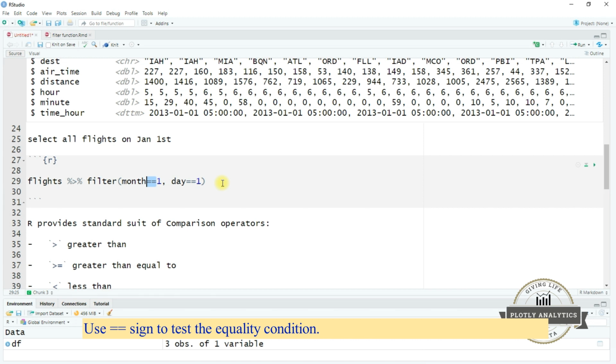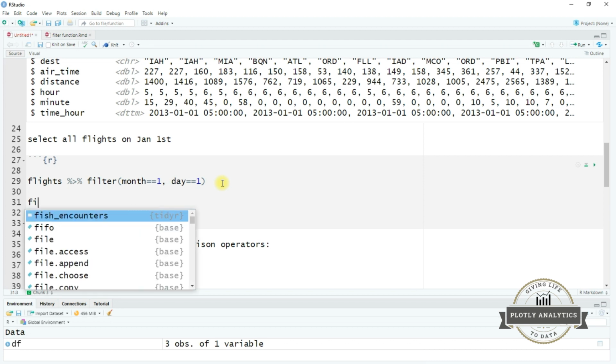Those of you who are new to R, this is a very common mistake R users make. Instead of using two equal to signs, they use a single equal to sign as an equality operator, and R shows the error. So for example, if I